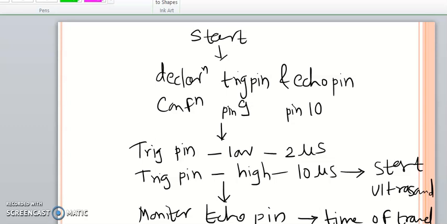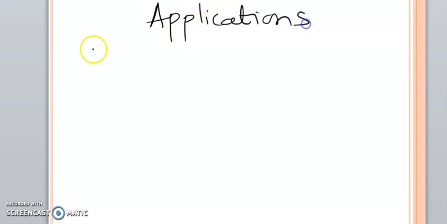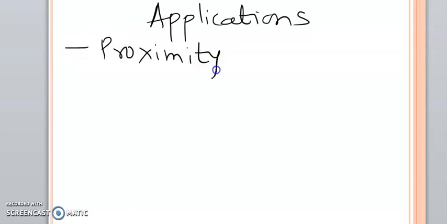Now let us go with the applications of this type of sensor. Basically, the ultrasonic sensor is going to be used as a proximity sensor. Proximity in the sense of the proximity of particular things, of any object.